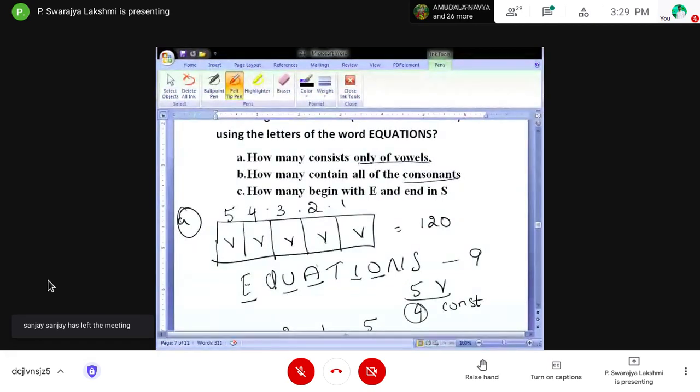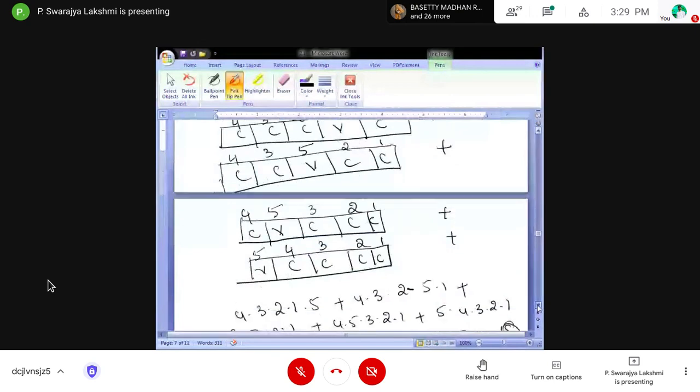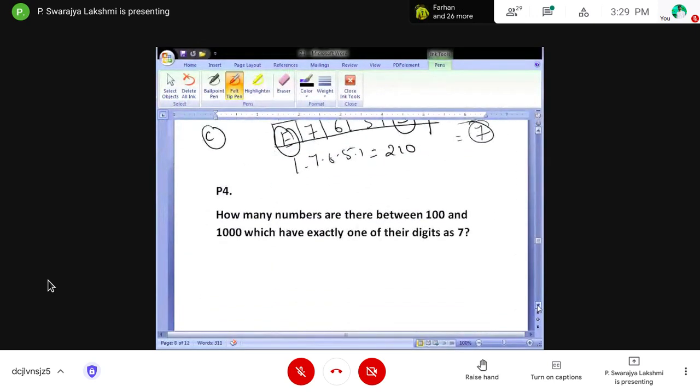Okay, let's go with the fourth problem. How many numbers are there between 100 and 1000 which have exactly one of their digits as 7? So read it clearly, Nana.